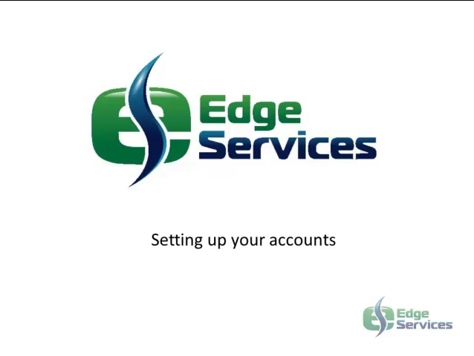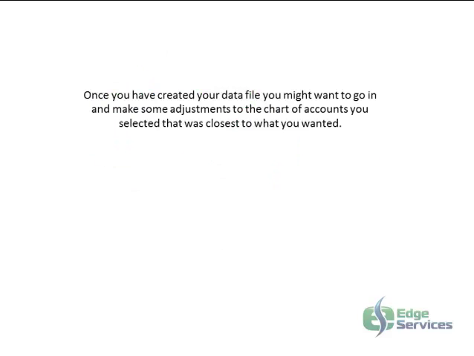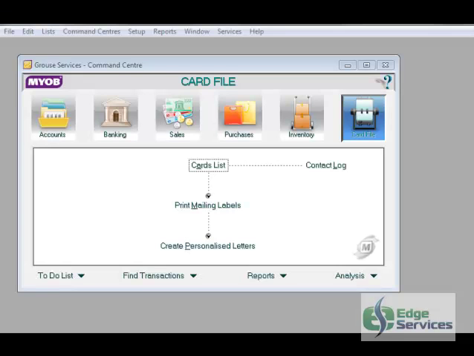Setting up your accounts once you've created your new data file. Once you've created your data file, you might want to go in and make some adjustments to the chart of accounts you selected that was closest to what you wanted. Now you can either do this straight away after you've created the data file from the Setup Assistant, or